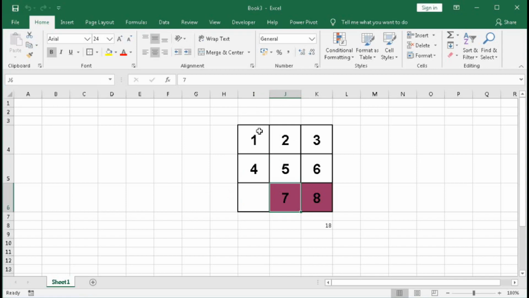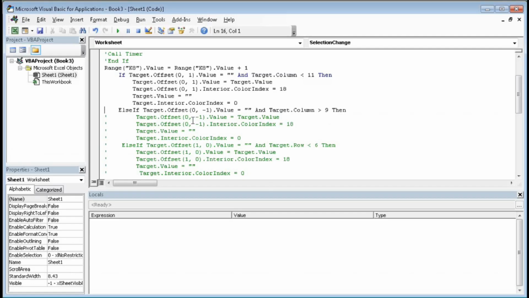That means if this is greater than 9, that means this cell and this cell. So if the cell is within these two columns, then it will move to the left hand side. So you can see here, then the value will be copied to the next left hand side cell, and the interior index color also changes, and the target value is 0 as we have seen in this case, and the interior color of the target cell will be white.